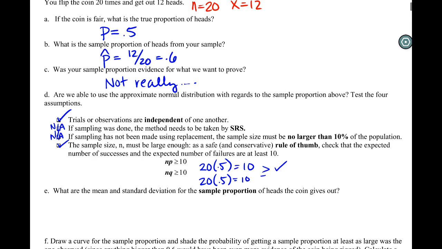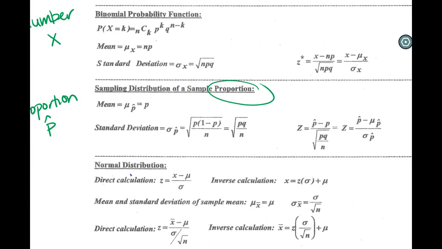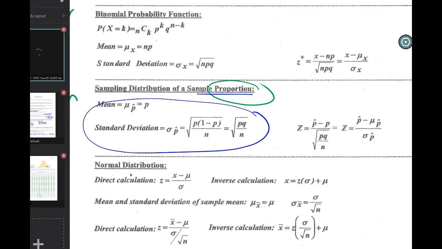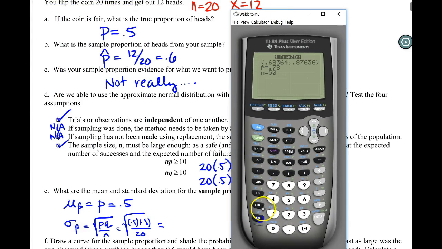So if that's the case, what are the mean and standard deviation for the sample proportion? We're going to go back to our formula sheet, because remember, our formula sheet has a section for sample proportion stuff. So sampling distribution for a sample proportion, this is the mean and standard deviation I'm going to use. What we expected for the mean of our sample proportion should have been centered at the real P. So we expected 50%, we got 60%. But how much variability is there away from that 50%? Well, whatever the heck 0.5 times 0.5 over 20 is, which I don't know in my head, so